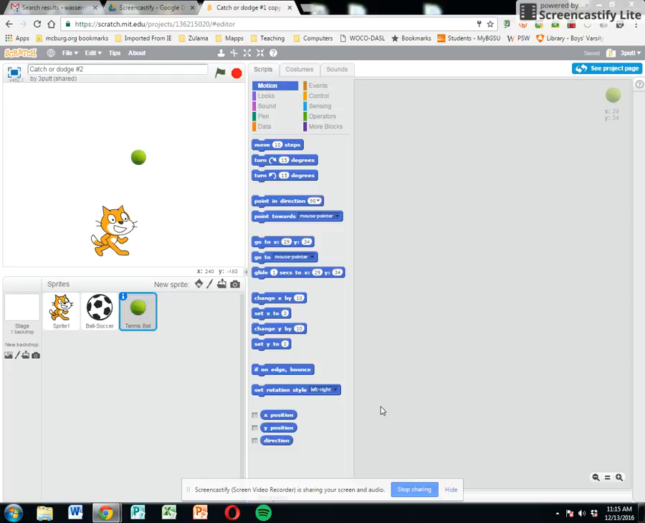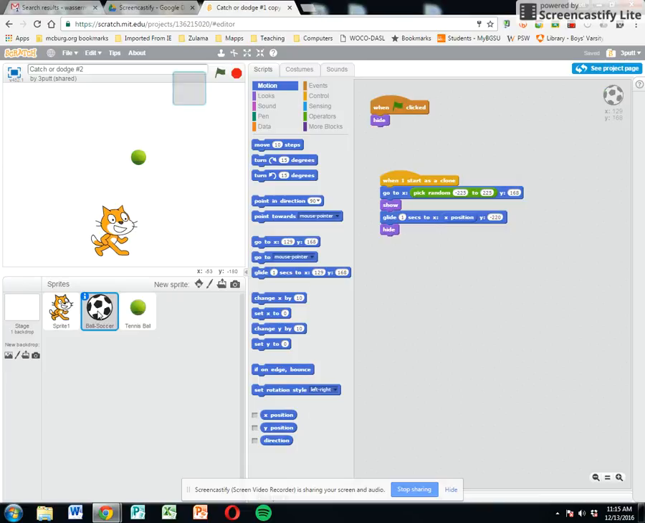Okay, we're going to call this catch or dodge number 2. Let's say you want some different stuff to fall out of the sky for one purpose or another. I guess if it was a catch game, you could make it worth different point values. In this particular case, I'm just going to choose two separate size things, so sometimes it's easier to dodge and sometimes it's harder. So I've grabbed a tennis ball,